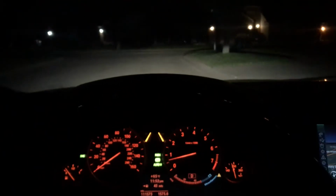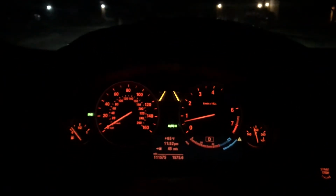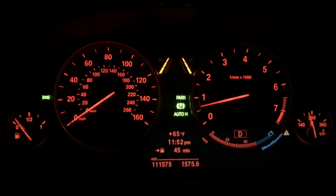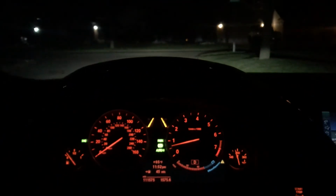Right now I'm gonna just accelerate a little bit and you can see that it turned off right here in the instrument cluster, and then when I come to a complete stop, it'll say auto hold is now in park. So basically that's how it works, and it's just a convenience feature that you can use